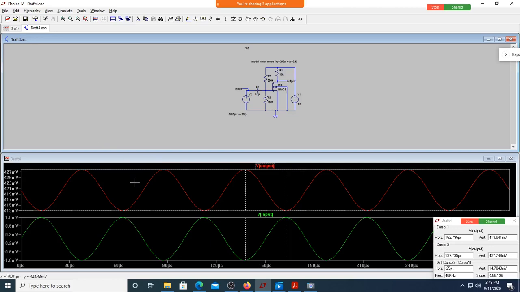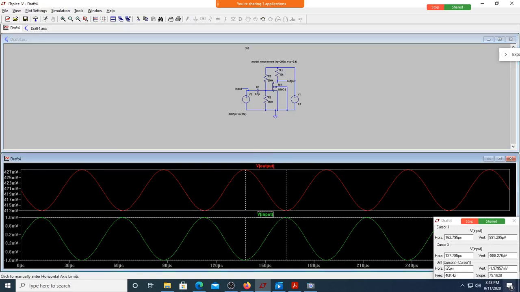Again, if you find the peak to peak of this, what is the input peak to peak? It is 2. What is the output peak to peak? It is 14. Can you see here? Seven times multiple. It is still 7 times. The gain is still 7 times. Gain doesn't depend on the input amplitude. Gain depends on the parameters of the amplifier. Correct? Now, is the MOSFET in the saturation region or linear region?